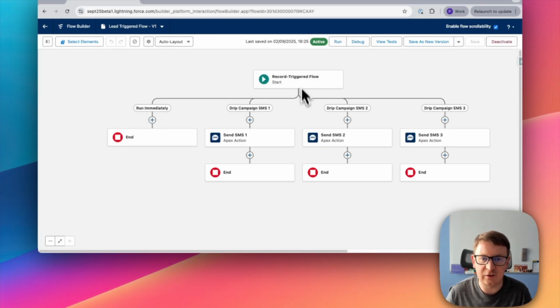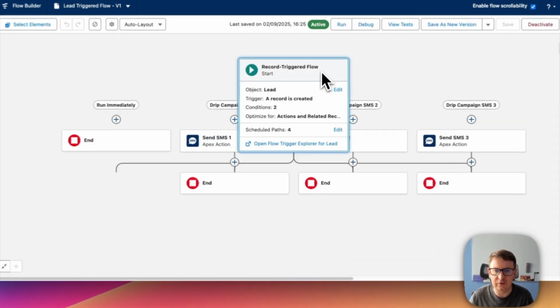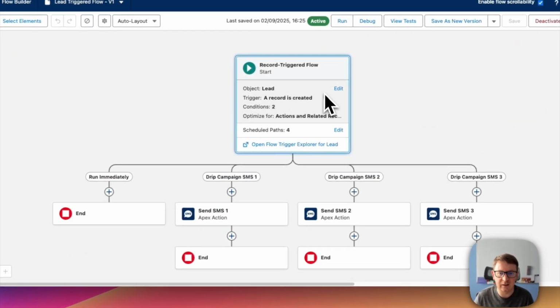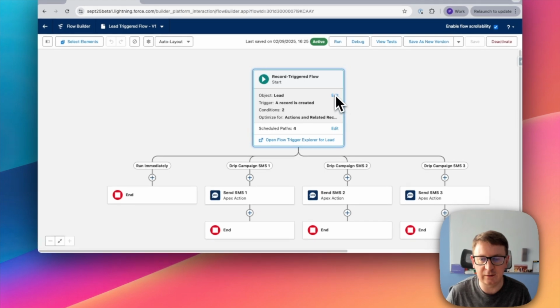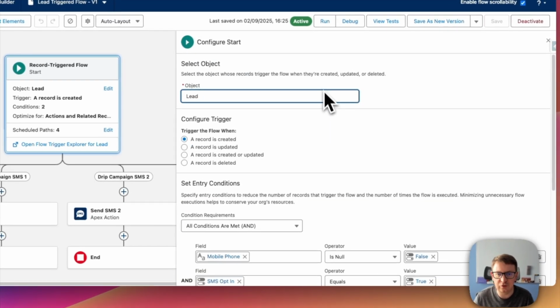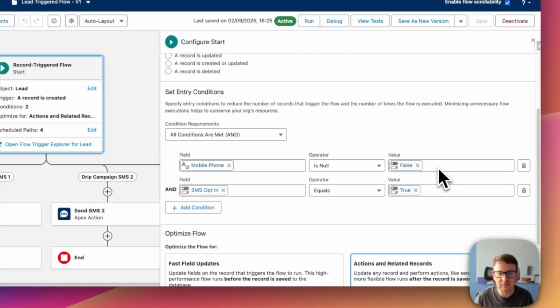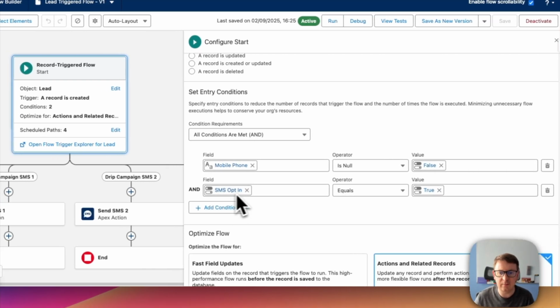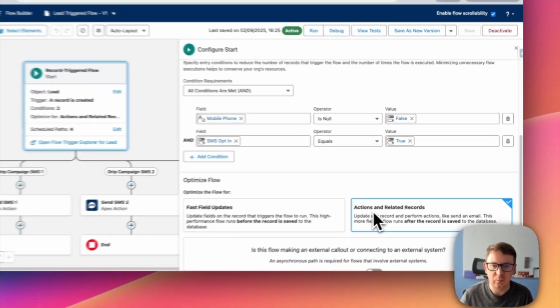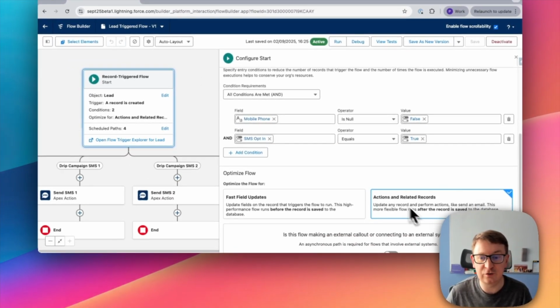What we're going to do is start by creating a record triggered flow, like you can see here, that is on the lead object, and it's going to run every time a record is created. We have 2 conditions we've added in here. The first is that the mobile phone field is not null, and the second is that our SMS opt-in is true. We're going to optimize the flow for actions and related records,